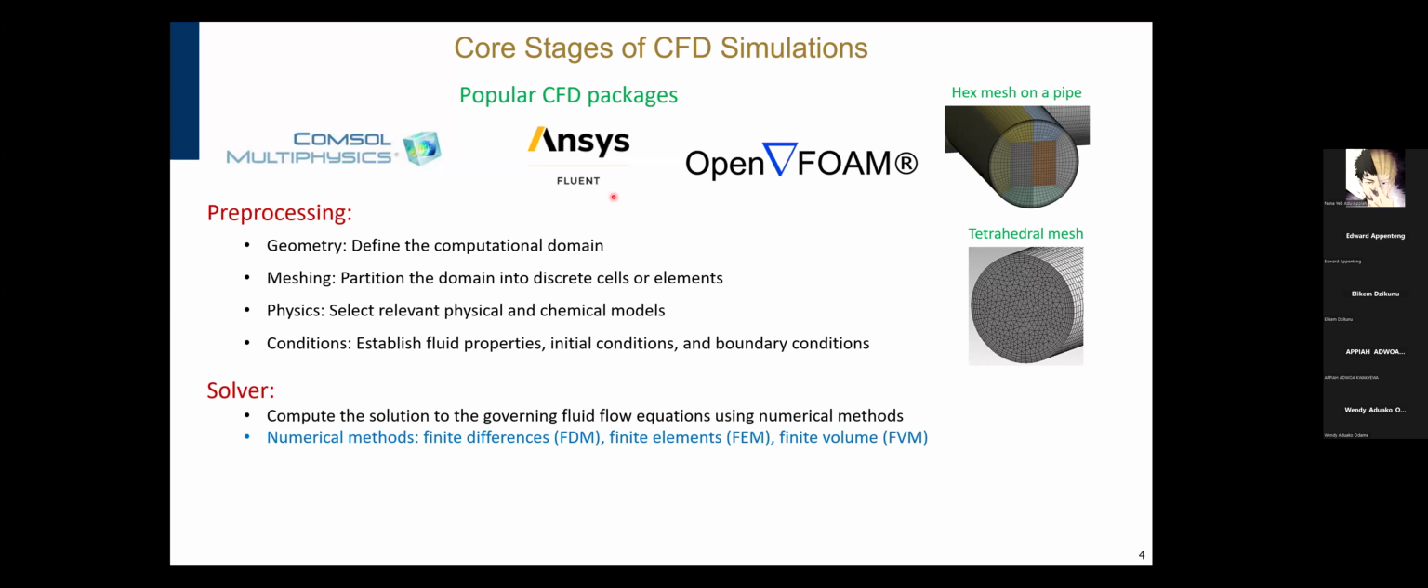Dr. Nyandi, there's a question asking you to cite an example to help understanding how CFD technology is employed in the areas of wastewater and